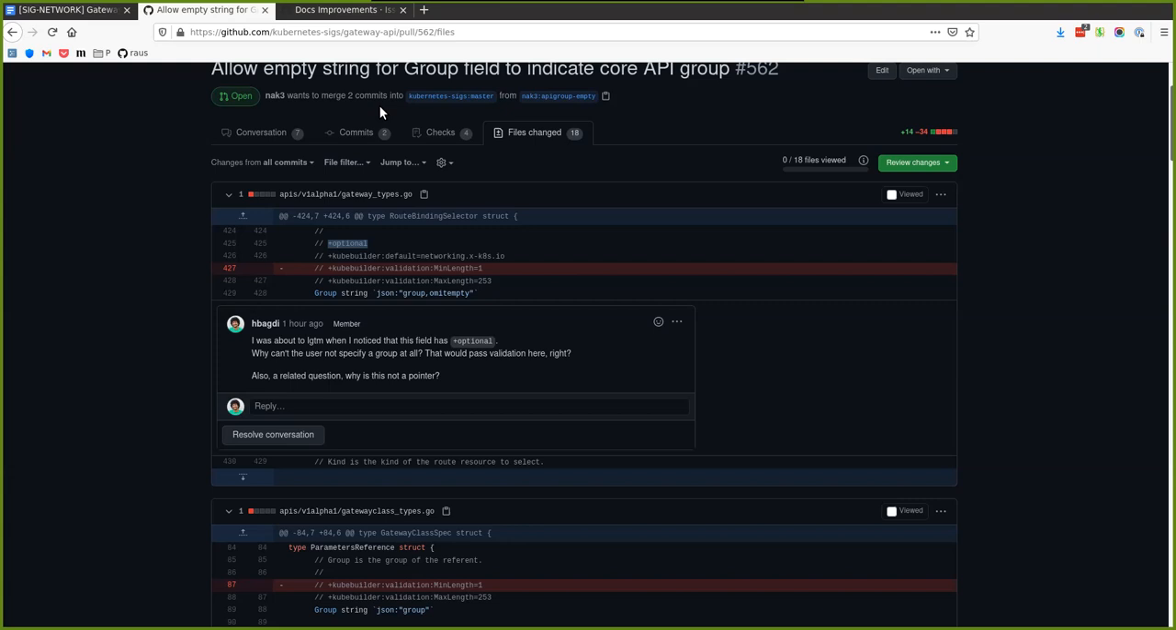If in some places I don't specify group, I get core, and in other places I get networking core. Well, whatever we want to call our own gateway API group here. Rob, are you suggesting that we should default to one overall across everything? No, not necessarily. What I'm saying is